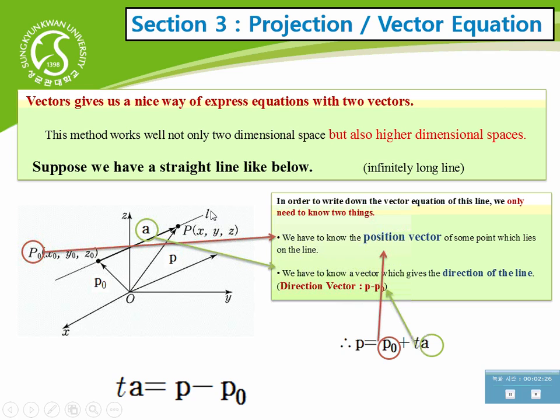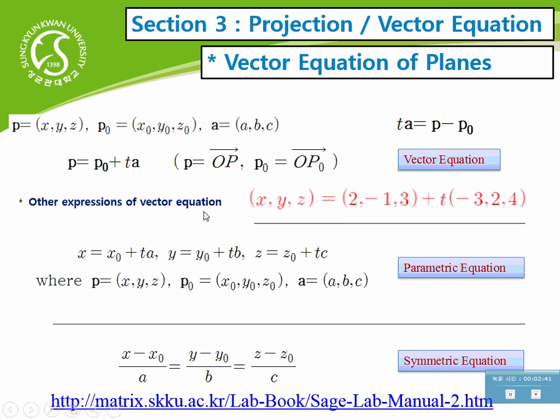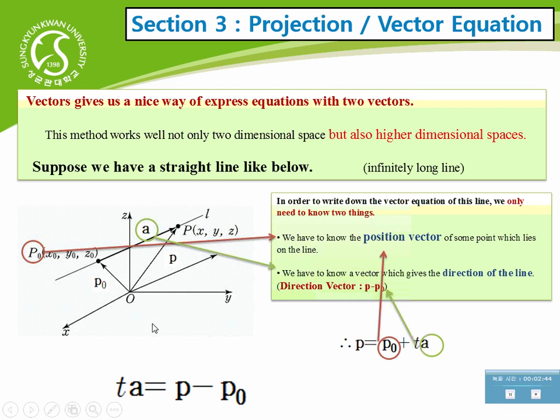And the line is a scalar multiplication of A, so tA. If t is equal to 1, then this is the same as A, and if t is bigger than 1, then it goes beyond, over this line like this. So this line can be written as tA plus a point that it passes through. In other words, P minus P0 can be a direction vector A, and the scalar multiples of t give all the points on the line.